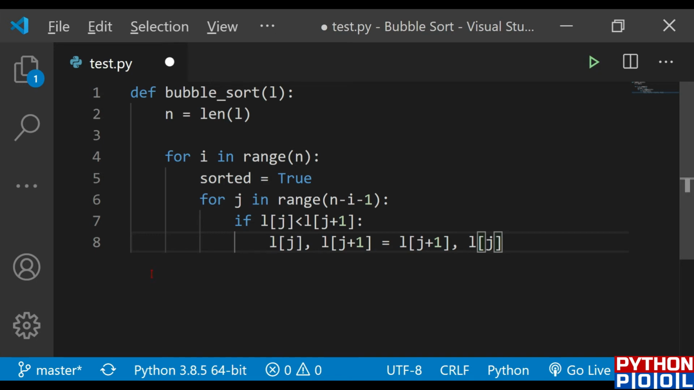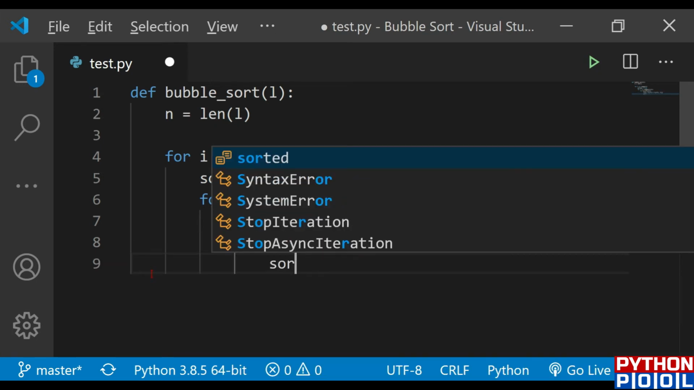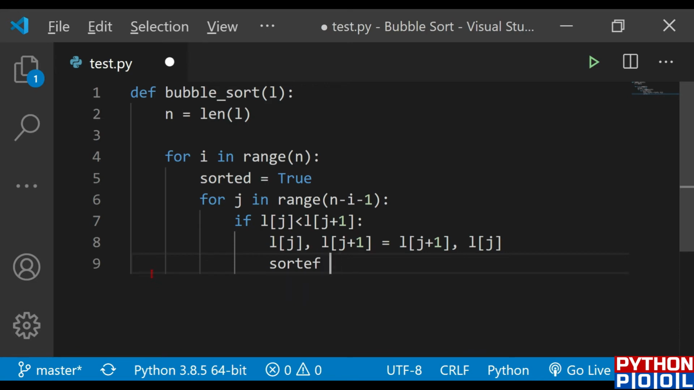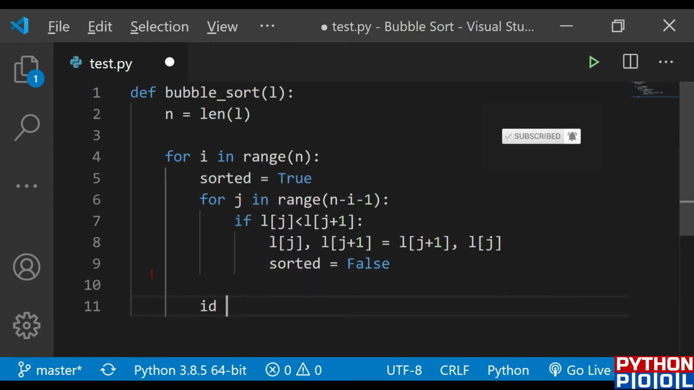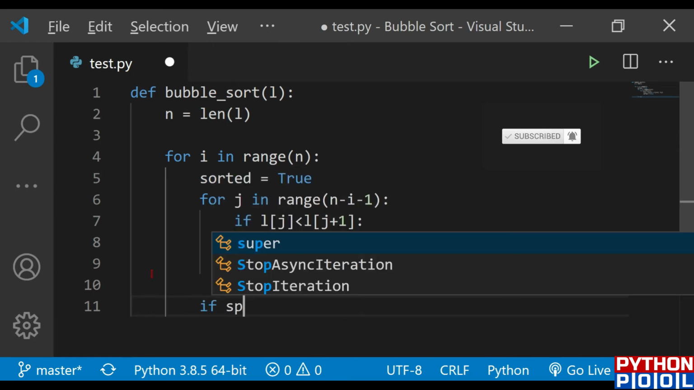And if this condition is satisfied, do this, and sorted becomes False. So sorted should be False in that position. Once you run this loop, it should be False. As many times as you run the loop, it would satisfy the condition and it would set sorted as False. And if sorted becomes True, if the list is sorted, if sorted,